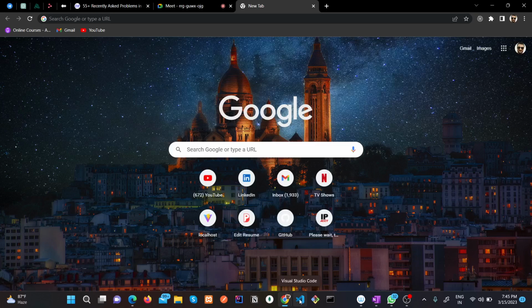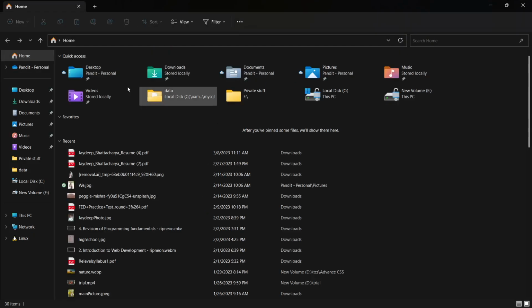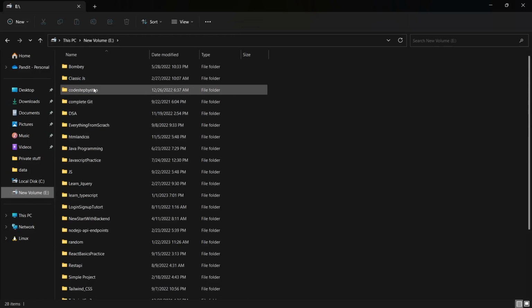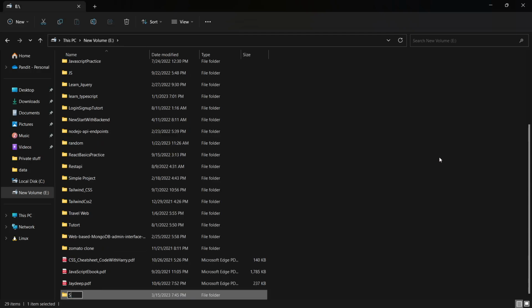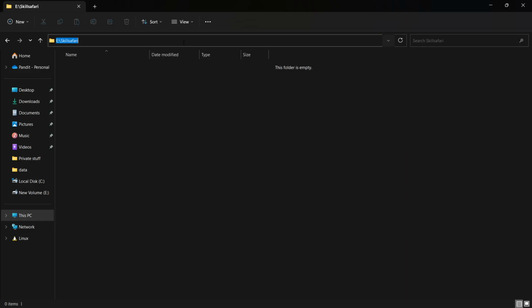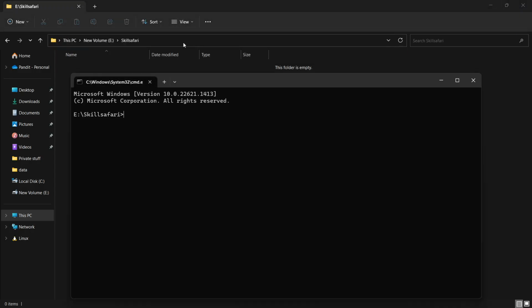First of all, I have to make a folder. I'm going to open my VS Code, then I will show you in just a second.